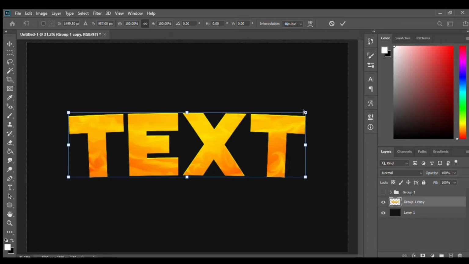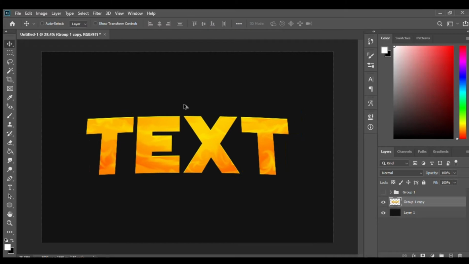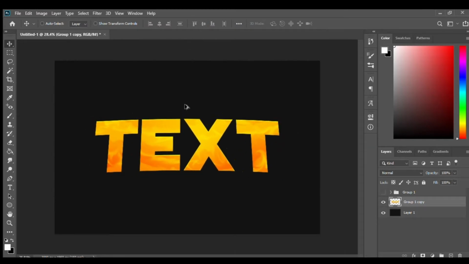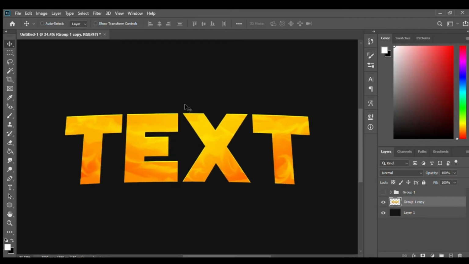And then you hold click Control and click on the sides. And you do like this. Look how cool that looks right now. And yeah, you can